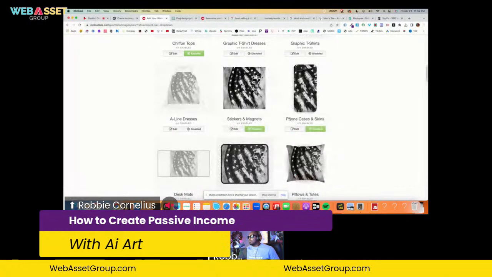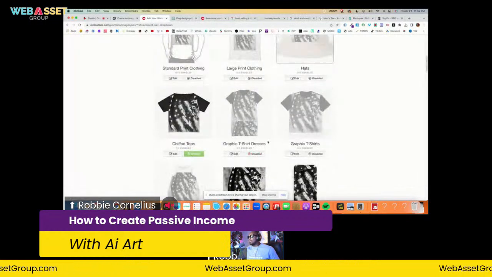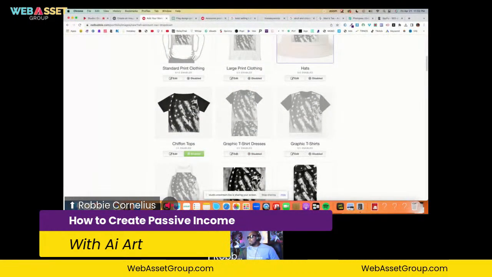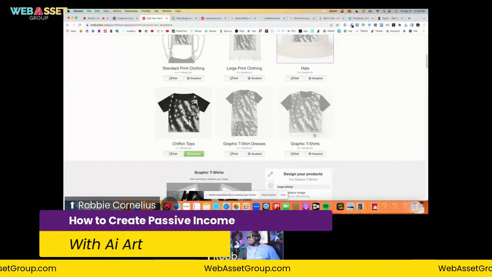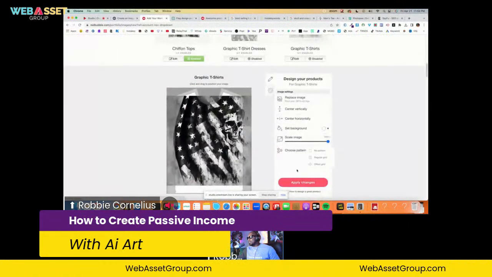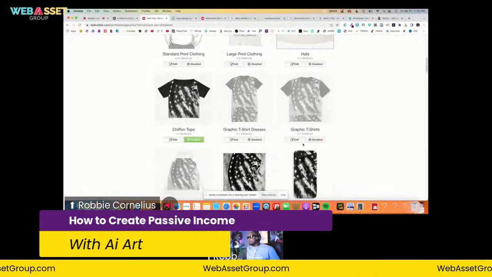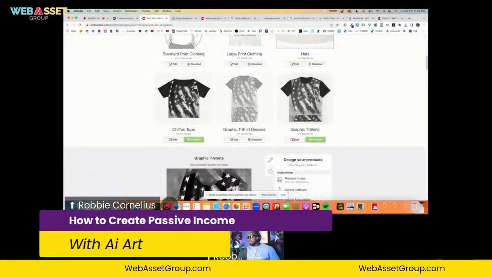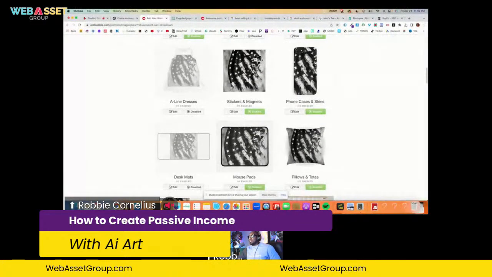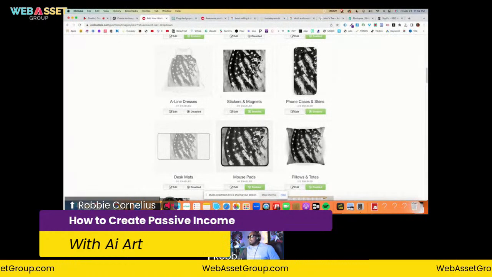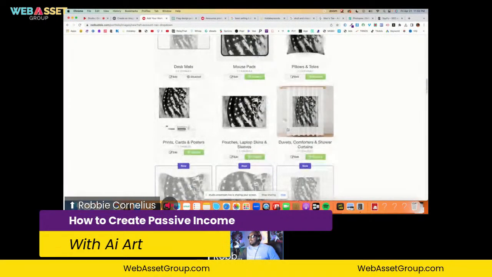The more items we can put it on, the better. I don't like the way it looks on that one. That's not cool. So I like this one though. Okay, so I can deal with that. We're going to enable that one. Then I'm going to go here. I like that.